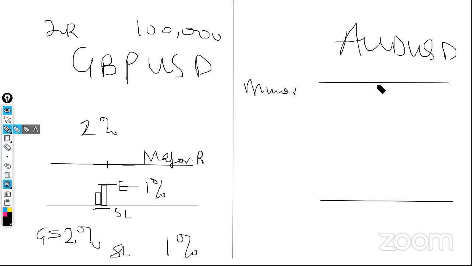Unlike the distance I have on the Australian against the USD right here. So let's say, for example, I have a trade on right here, and then right here I have a bullish engulfing bar. This is a bullish engulfing bar at a support. After I've analyzed all my confluence factors, maybe support, the trend, maybe it's bullish, and then I have the next major resistance right here.